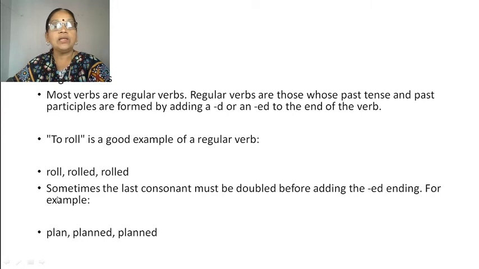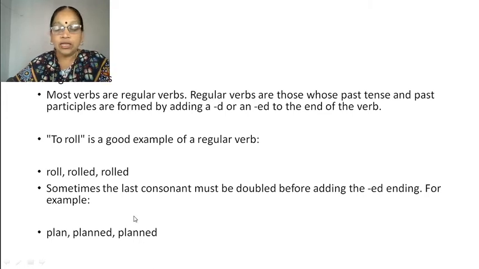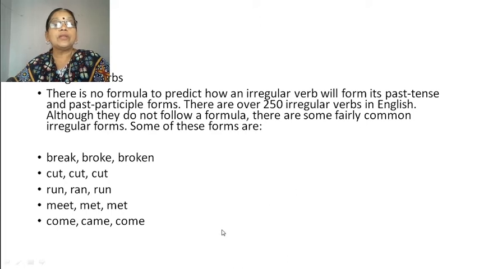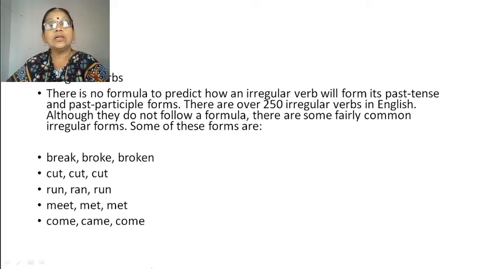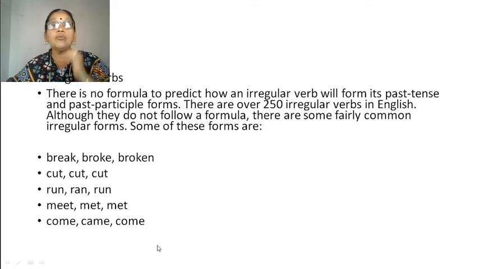For example, some words have double consonants. Plan, planned, planned. Here you write double n. In the past participle form also you write double n. Irregular verbs: here the word changes. There is no formula